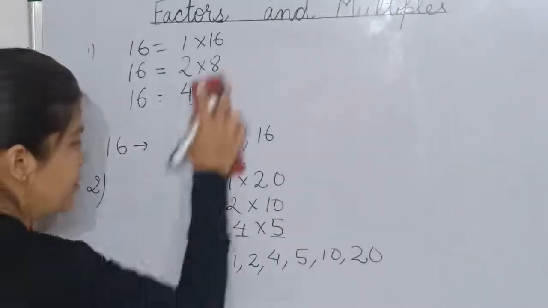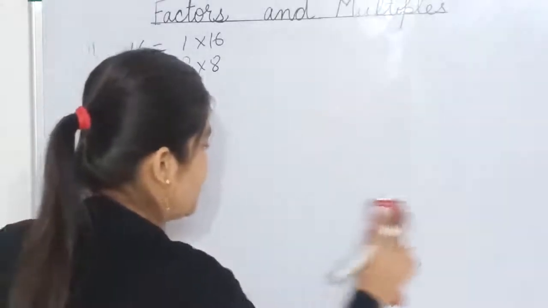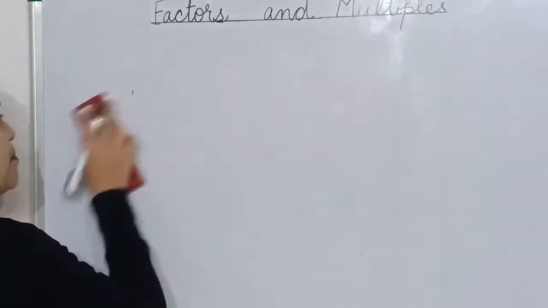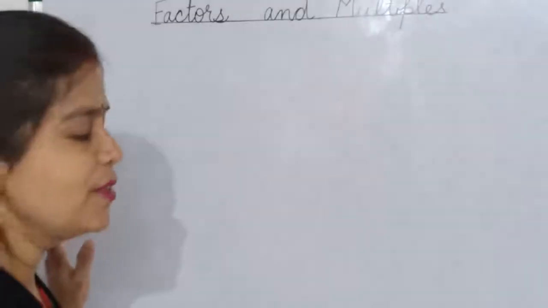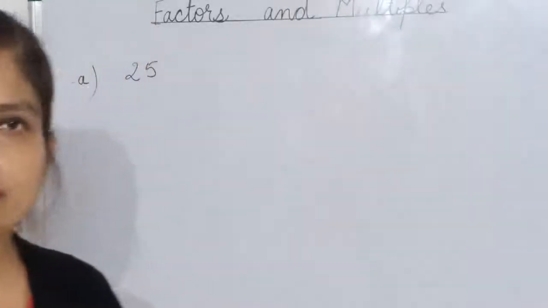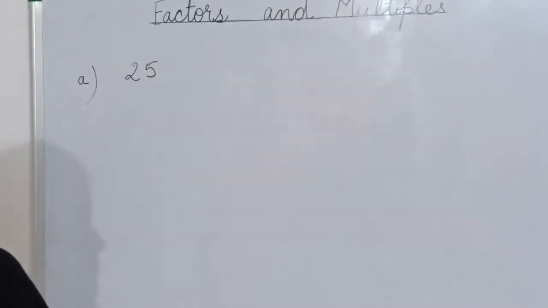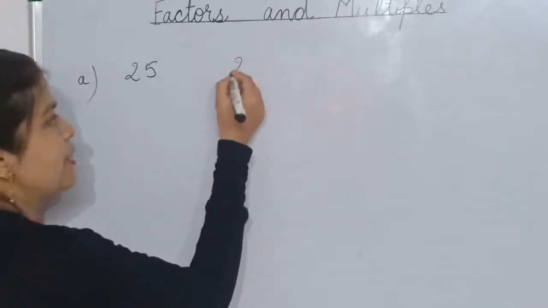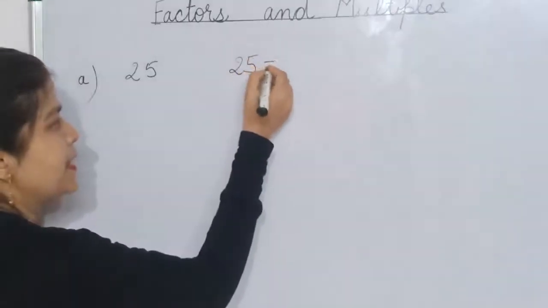And let's take one more example, and after that you will become excellent and smart in doing the work. Here you take one more example. Find the factors of 25. Same rule we will apply here. We will break this 25 or divide this 25 in a number of ways.